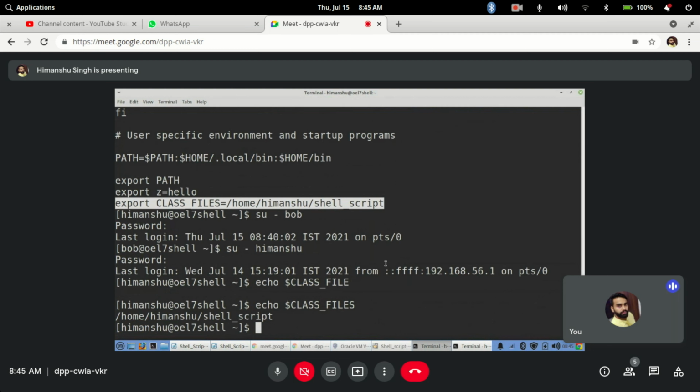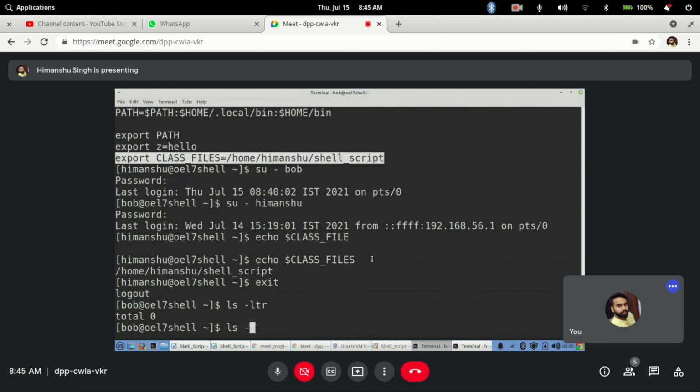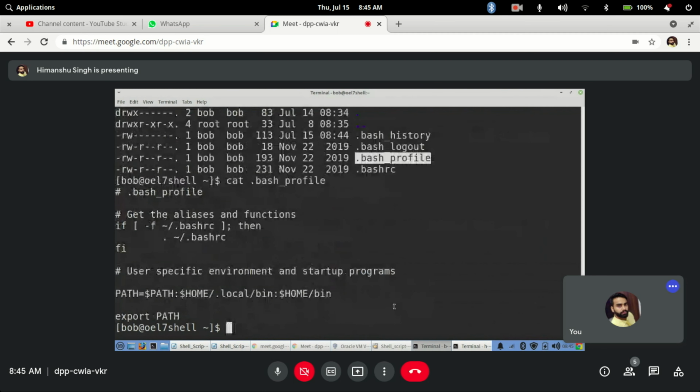Home directory of each user. Let's say if I want Bob, see Bob doesn't have any such entry because for Bob I have not done cat. See, there is no entry, they are specific to the users. Okay, got it? Now the same thing you can automate more, right? So I will show you, you can try doing it in the assignment.